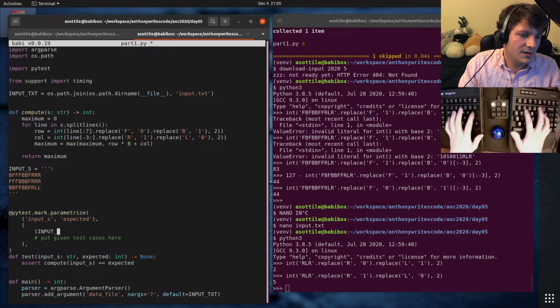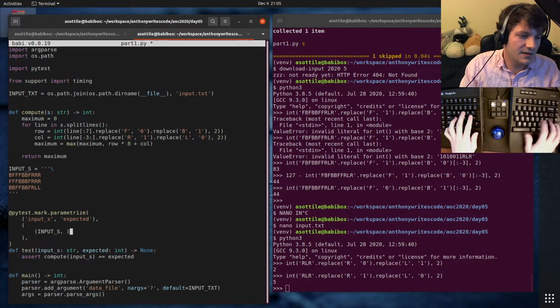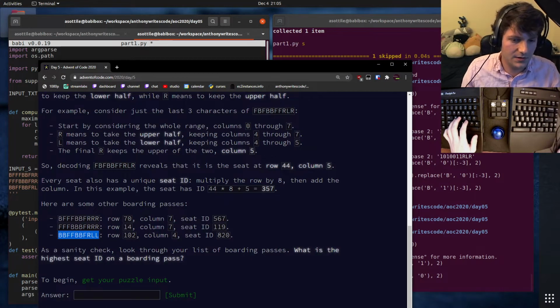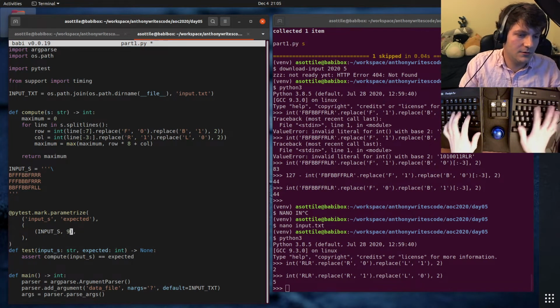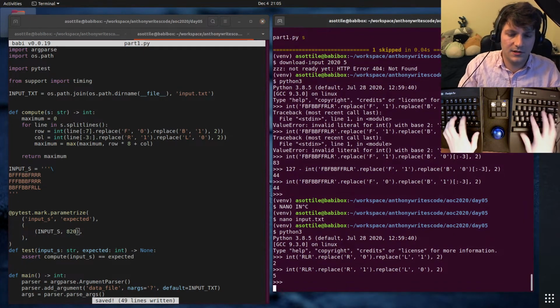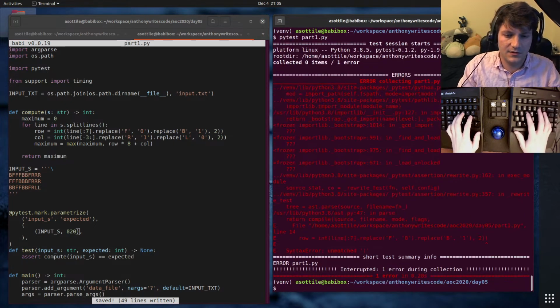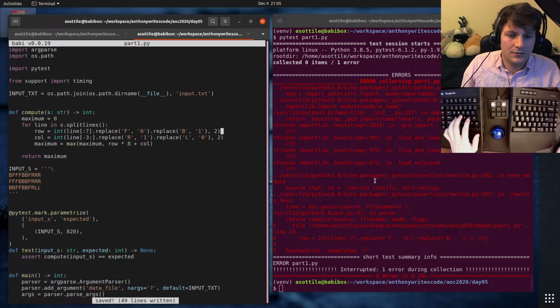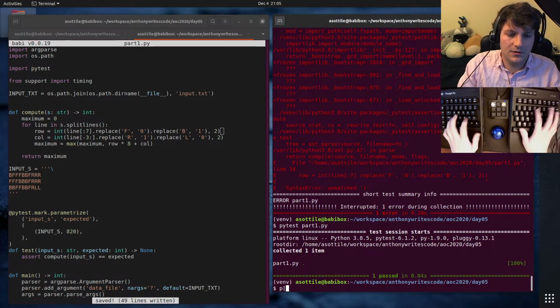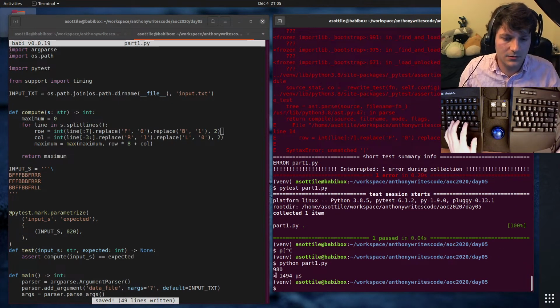Input s, and then what was the expected value here? Is this 820? 820. So PyTest. Okay, Python part 1.